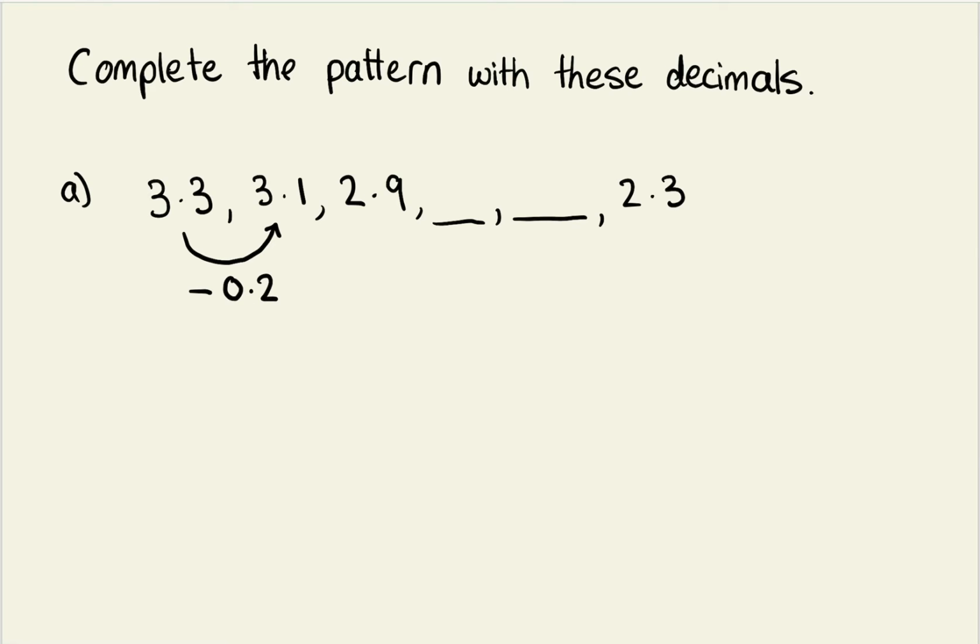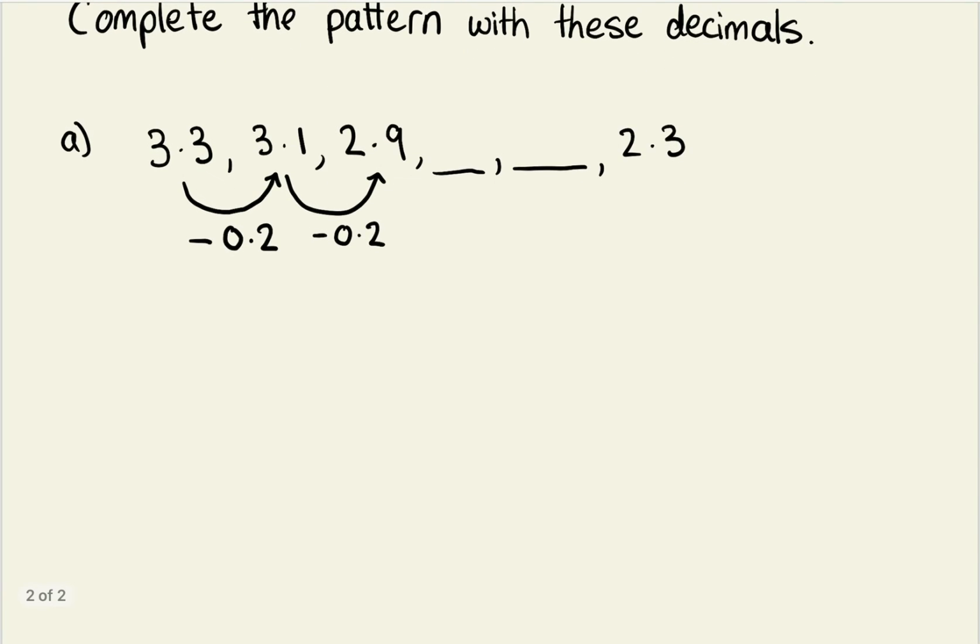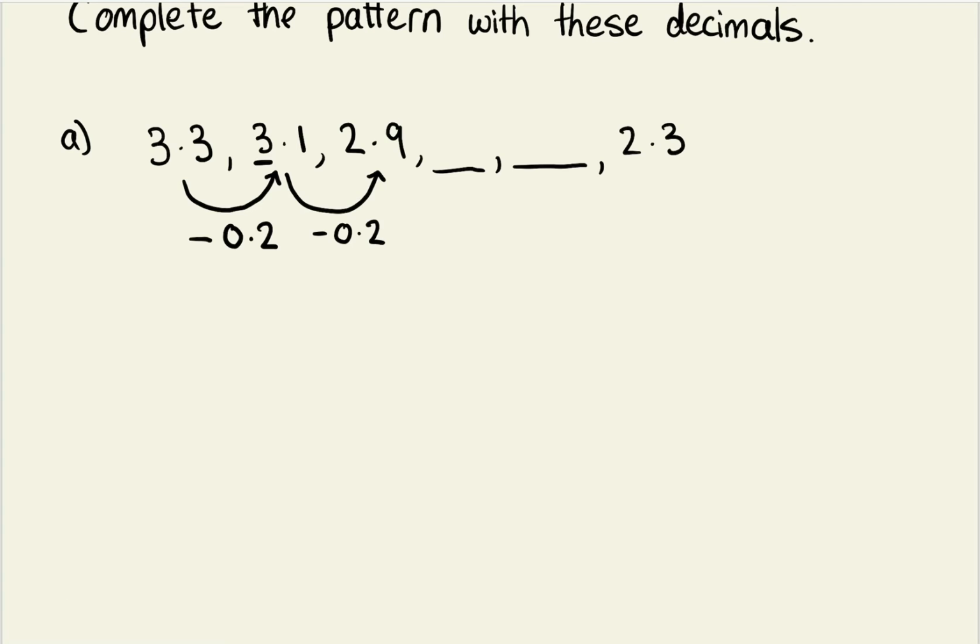And let's check to see if that works for the next 2 numbers in the pattern. If I subtract another 2/10 or 0.2 from 3.1, do I end up with 2.9? And you might be able to look at that and straight away say, yes, I do. 3.1 minus 0.2 leaves me with 2.9. But again, this is that tricky part where we're going from one whole number to the next whole number. So that might be a little bit difficult to visualize,